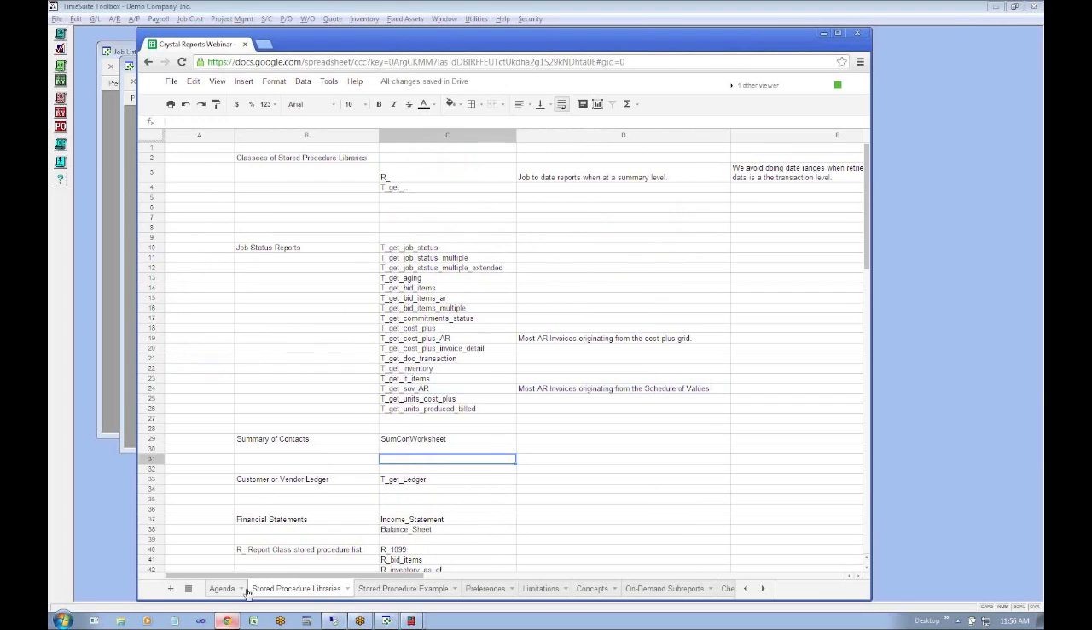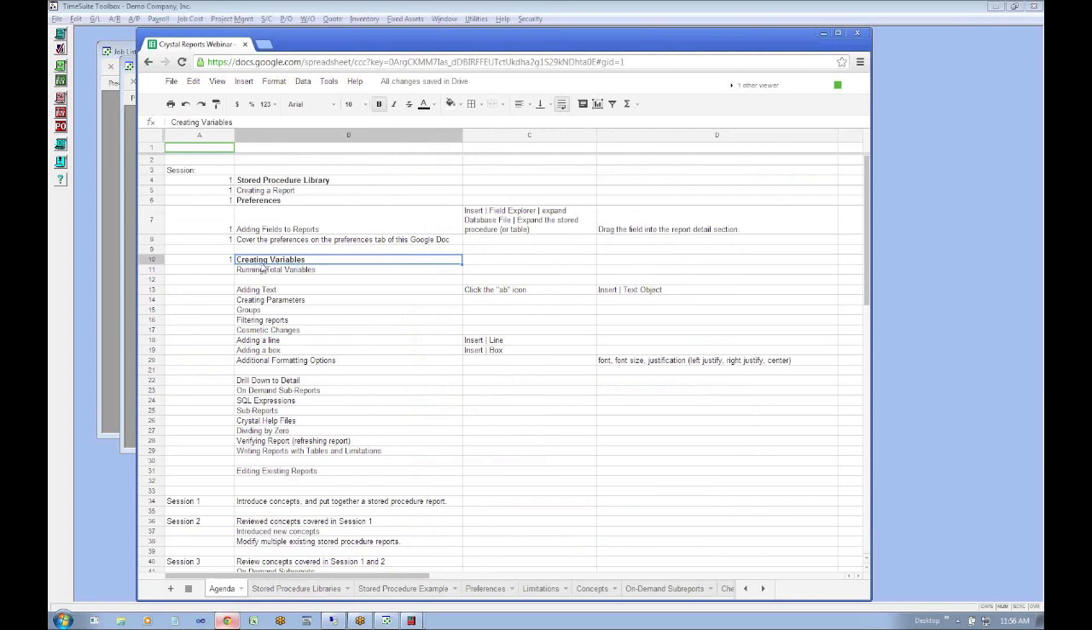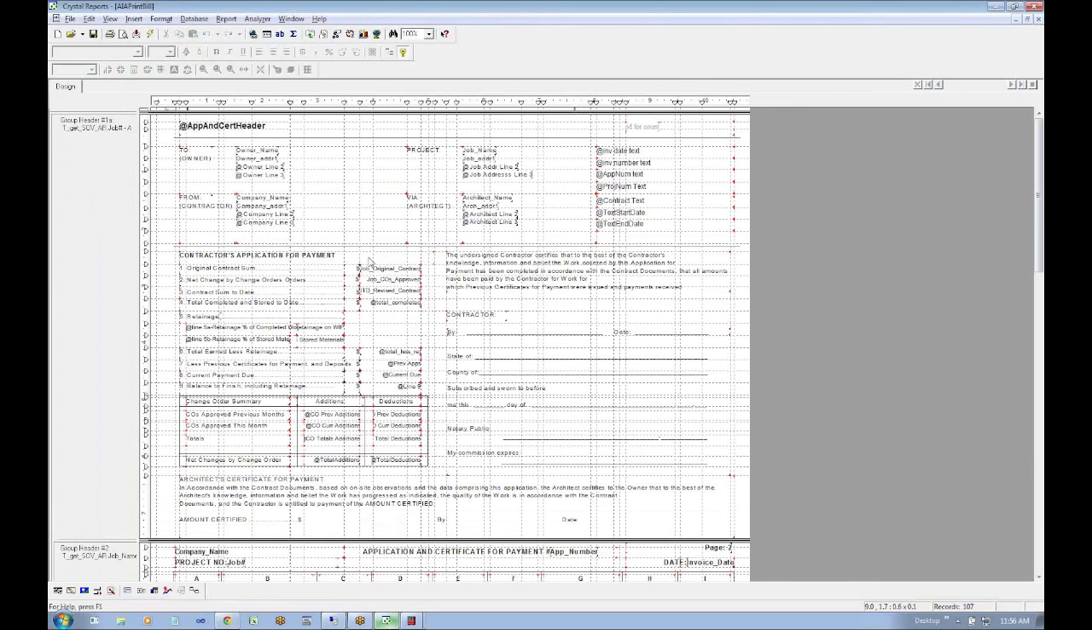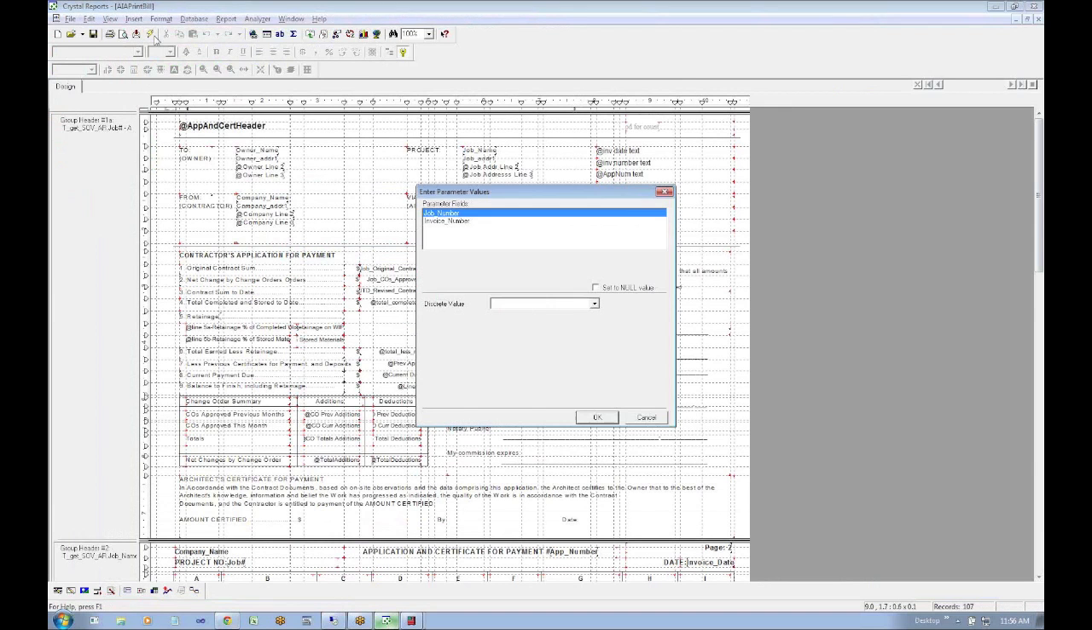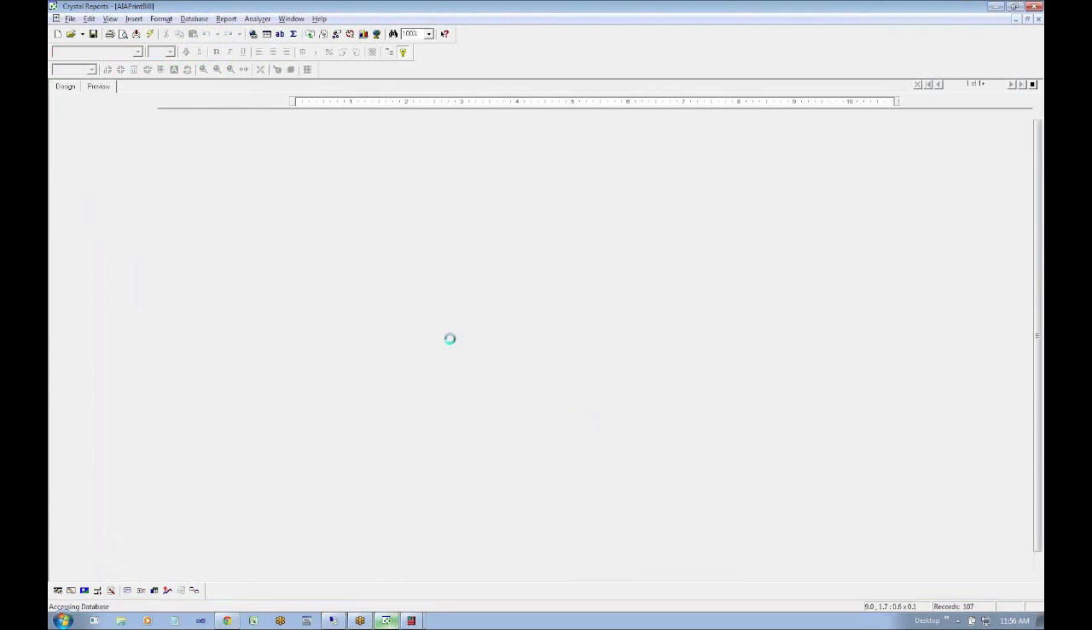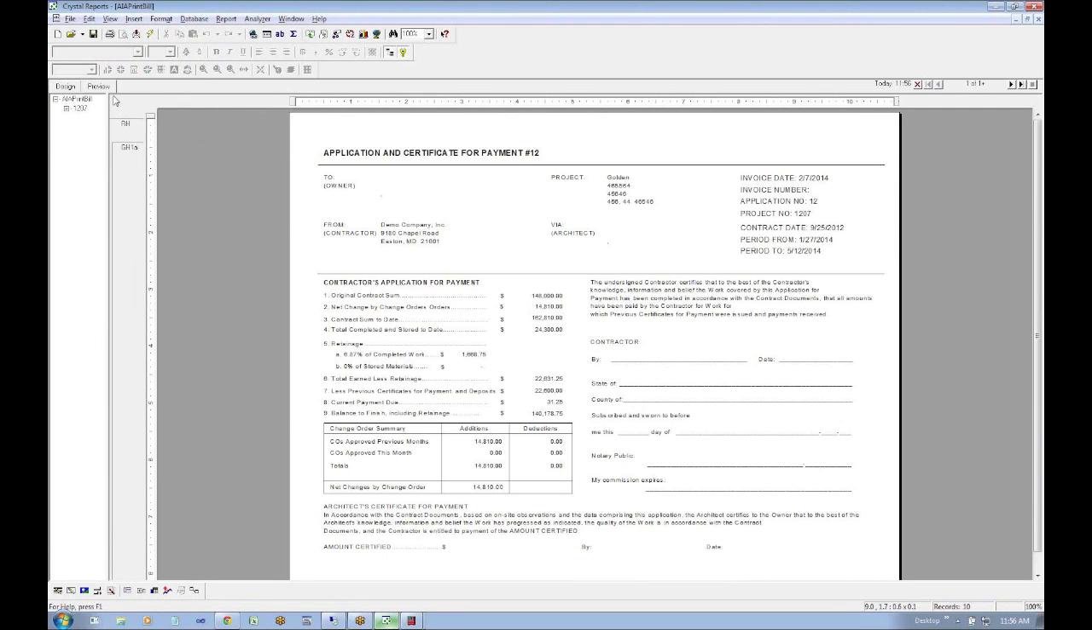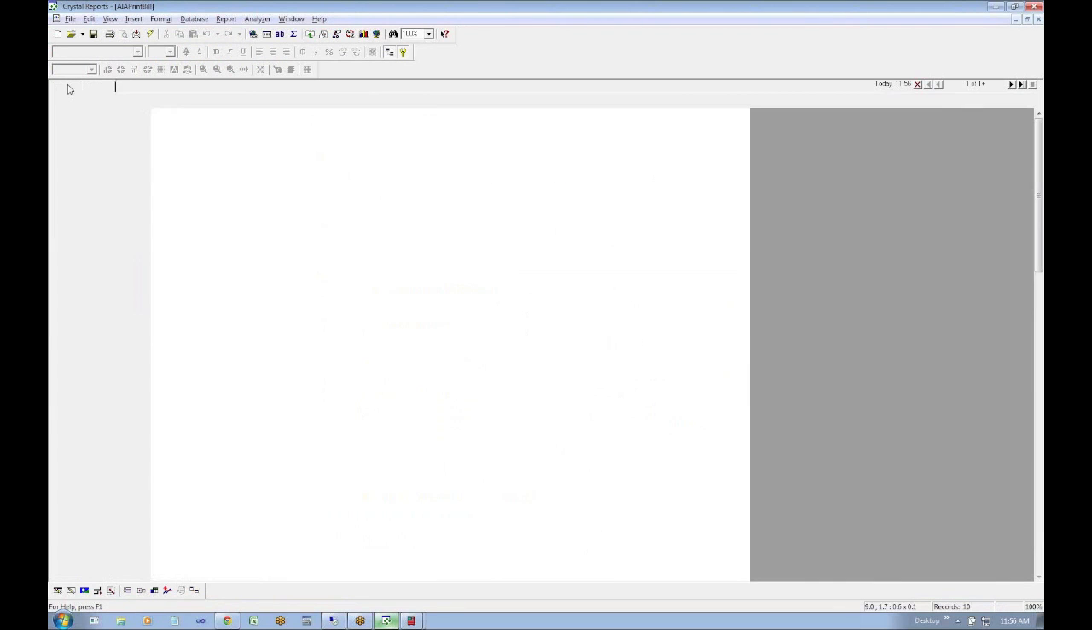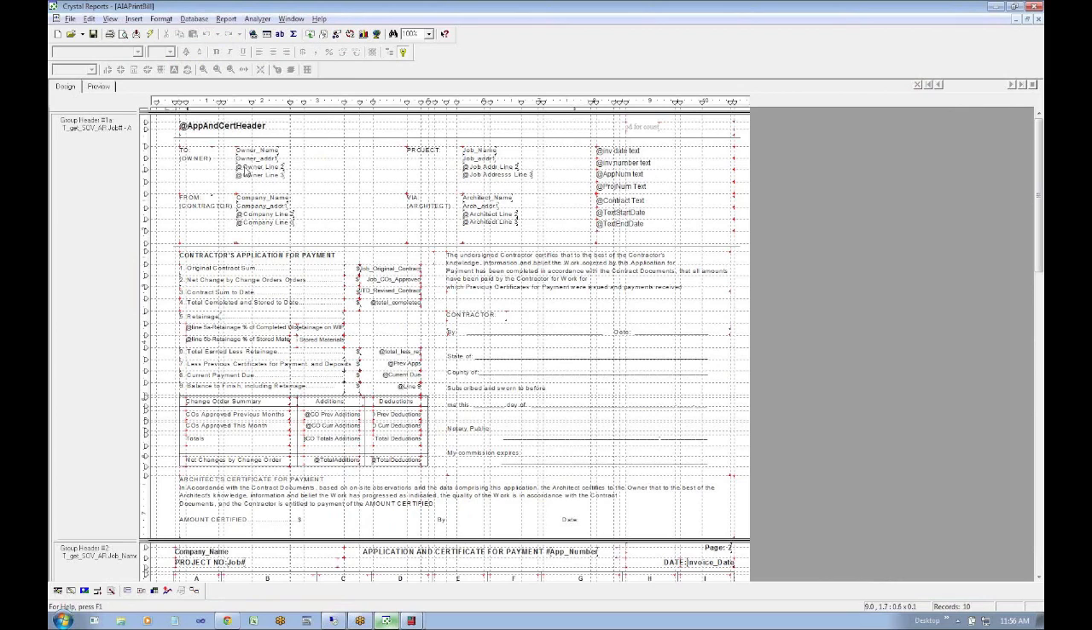Okay, so back to our agenda. So the stored procedure library is what we were talking about. Creating variables, let's make sure we covered that. Let's cover that again. I just want to pull this up so you can kind of see what it looks like in preview mode. So this is the progress pay application. Doesn't look necessarily like it here because we're trying to view these